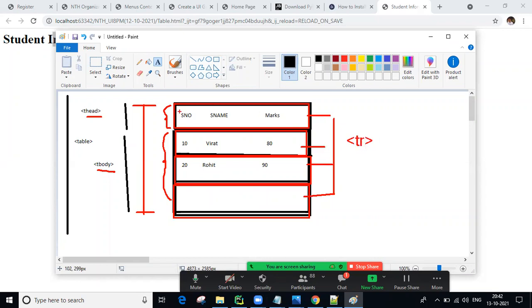Okay, next guys, this is one column. This is one column, this is one column. To represent these columns we are going to use the th tag. Th tag guys, th. Okay now, and this is the data guys. In the table body we have the data. So this is the data. For example, here also some more data is there, and here Sachin is there, for example, and 98 there.